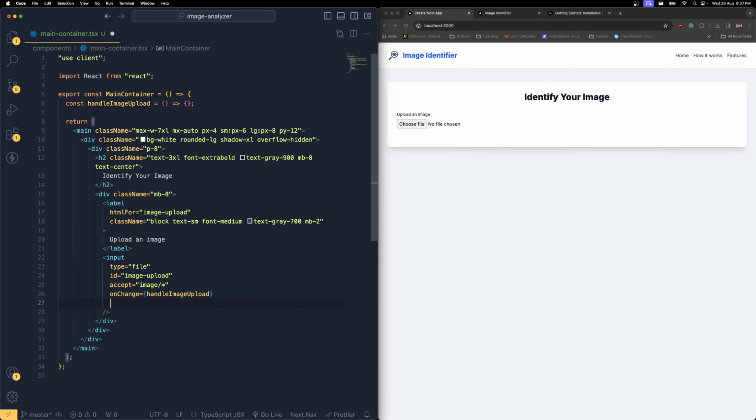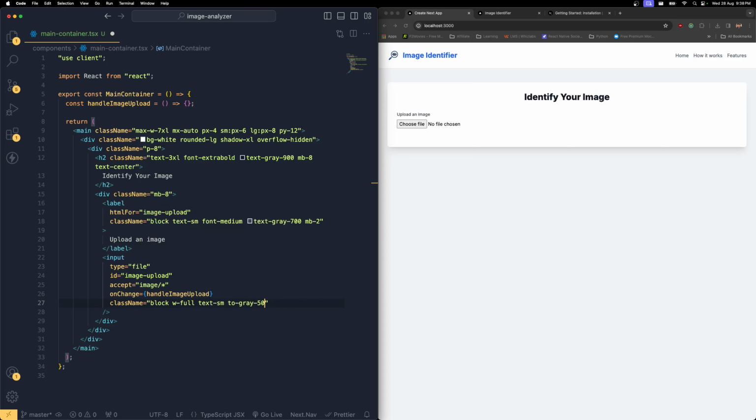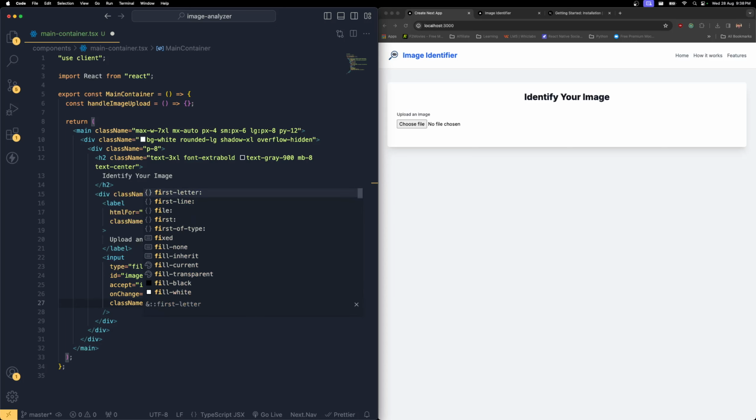So class name, which is going to be block, width, of course it should be full, and then text of course it's going to be SM, right? And then we need to change the color. So what I need to do is, after this text size, I need to change the text color. So gray, which is going to be 500, and then the file